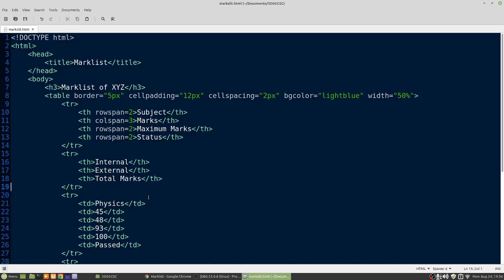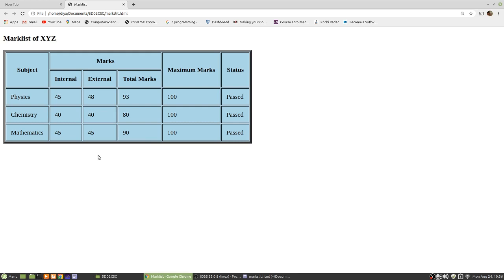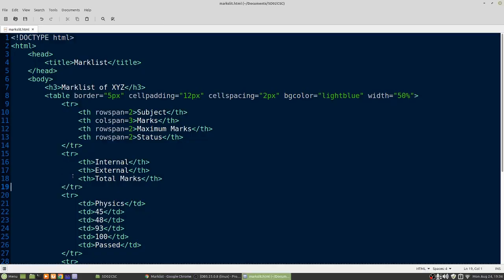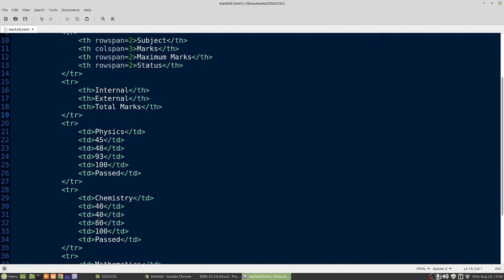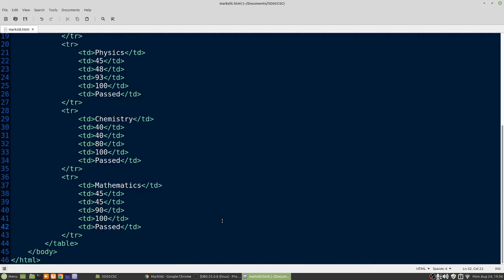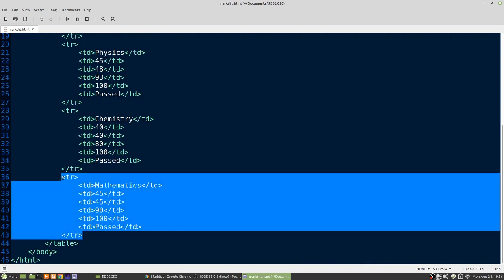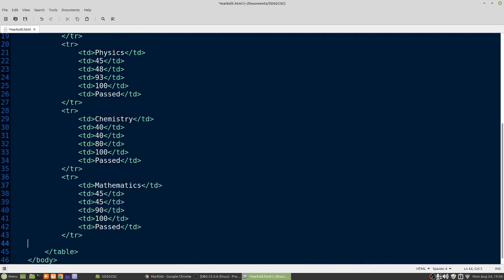Finally, we can do one more thing, that is we can group the heading and footer. Say for example, I want to get the total marks at the bottom of this one. Okay, total internal, total external and total marks and total maximum marks and final status. So how to do that? We can say one more row below that and say total.